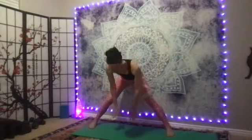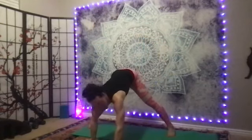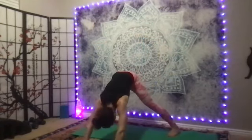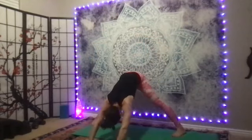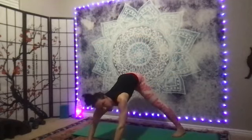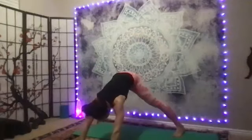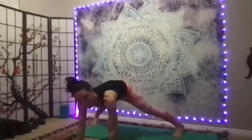Now go down like we did earlier and either stay here or walk out to hammock pose. Now it's kind of like a down dog plus the spread out pose. So hold, let your neck soften. I'm going to look at you, but you can relax your neck. Good. If you want to add on, lift up your heels, go to a plank with wide